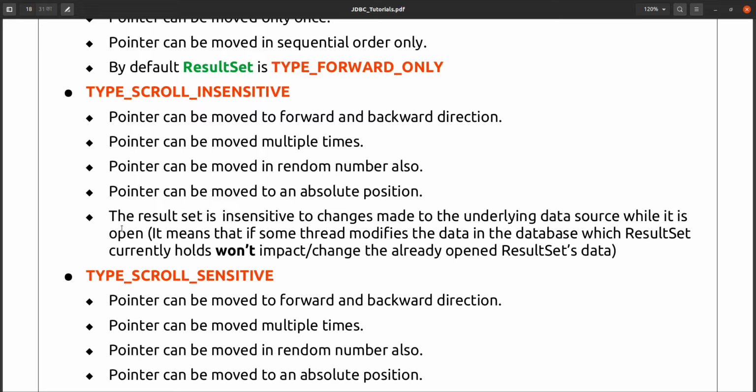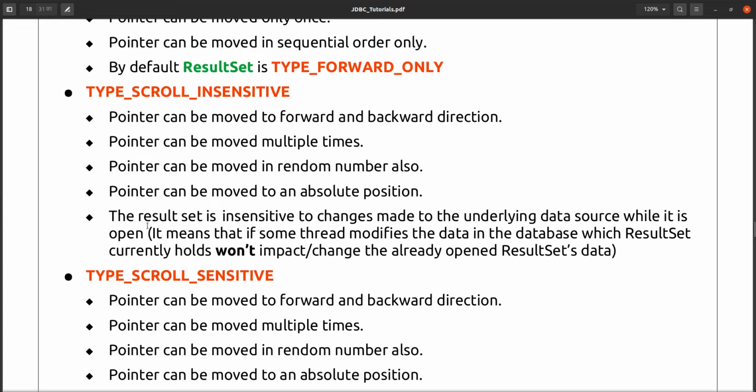What happened in that case? If your result set is type scroll insensitive, then your database changes will not be reflected in the result set. This is the meaning of type scroll insensitive.